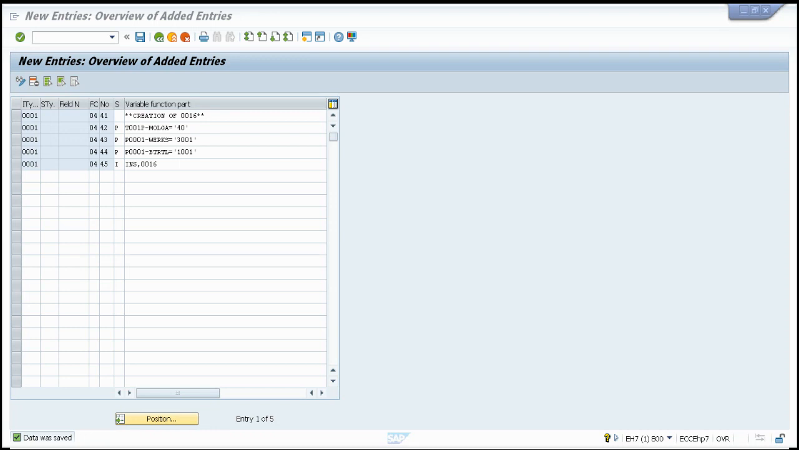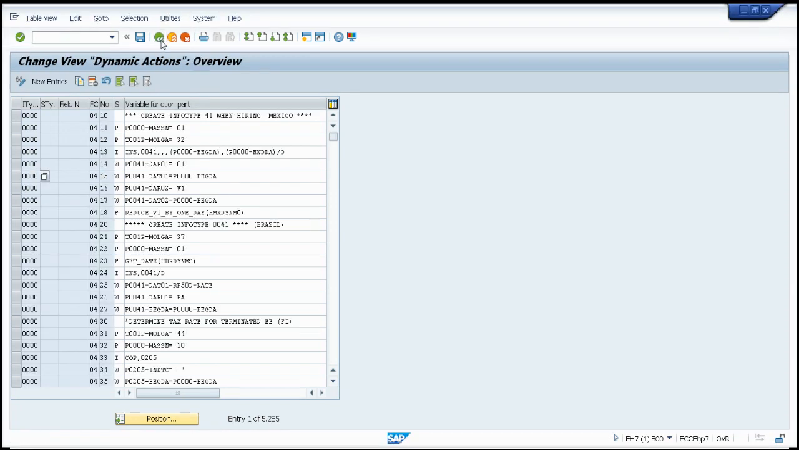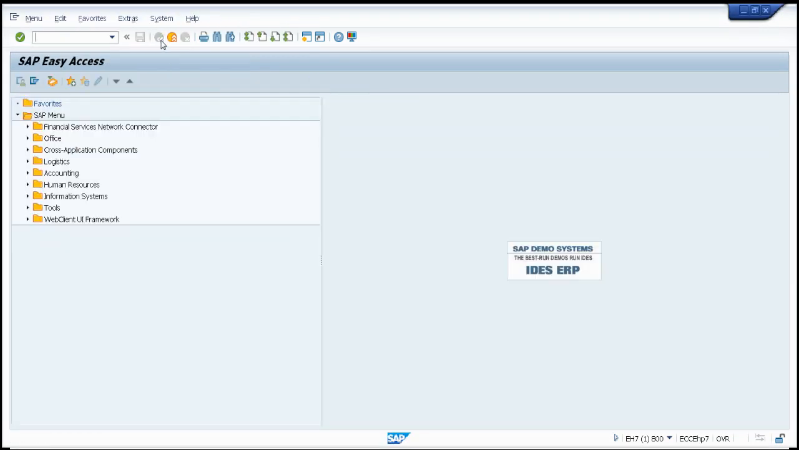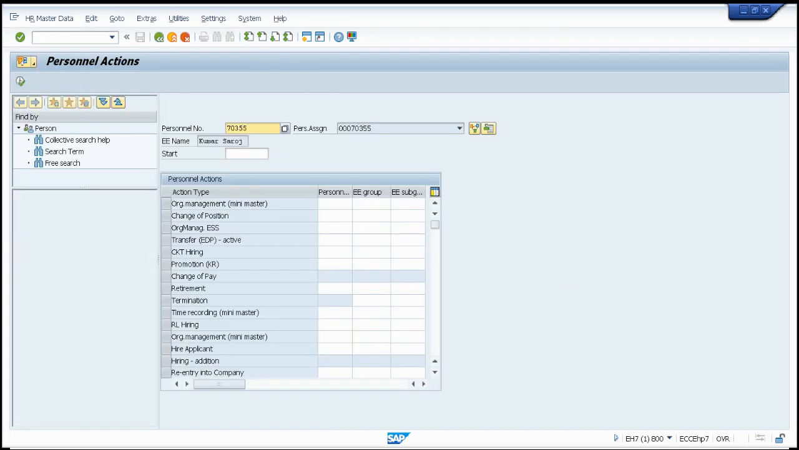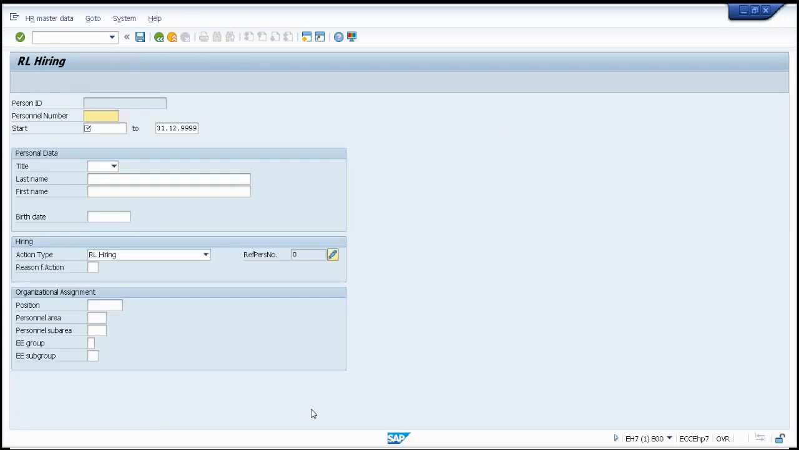Now what you can do is you can go back, and I'll try to maintain. For example, I'm typing PA40 in order to maintain data for hiring. For example, while I'm hiring a new employee. So when I'm executing it, I'll enter some data here. Say any data I will enter, and